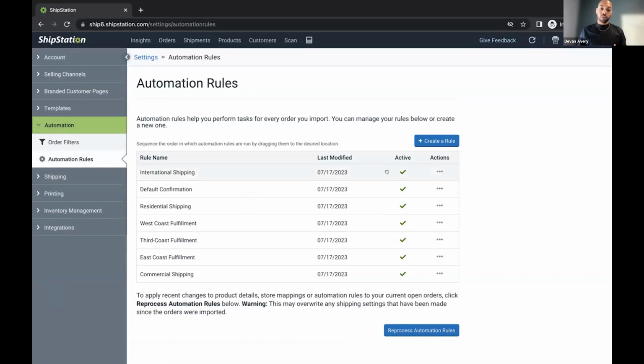So one of the rules that I want to focus on here is real simple: international shipping. And I'll show you guys what that looks like here in a second. In my ShipStation account, my international shipping is real simple. I just use one carrier for my international shipping. For my domestic shipping, I have different rules set up depending on where it's being shipped from, whether it's residential or commercial. I have a lot of different options as far as my domestic shipping goes. But for my international shipping,